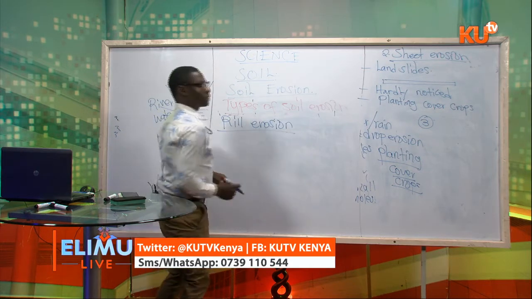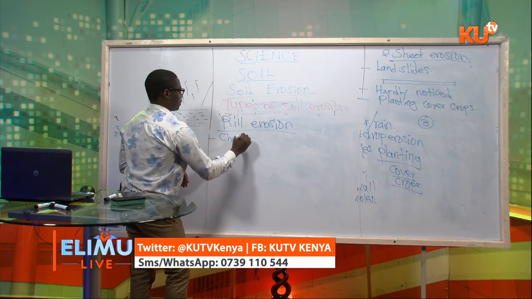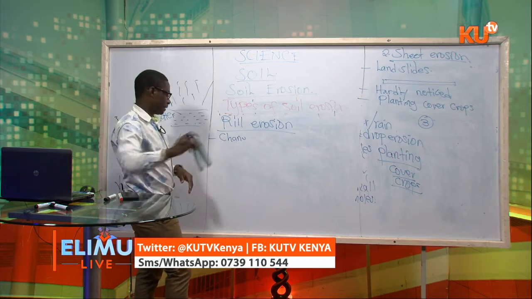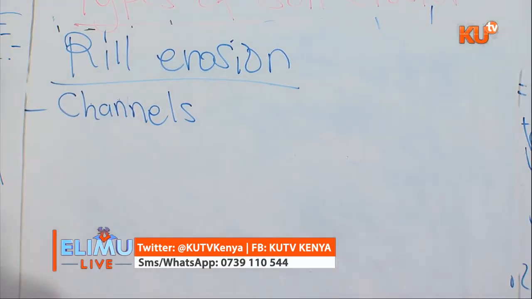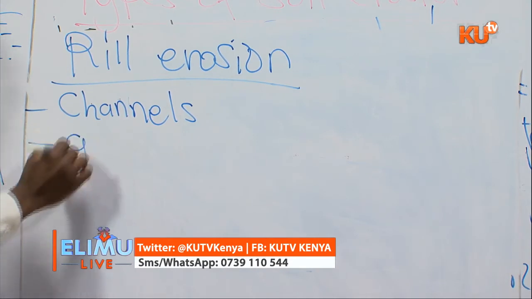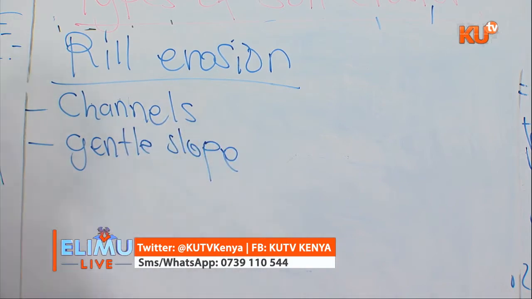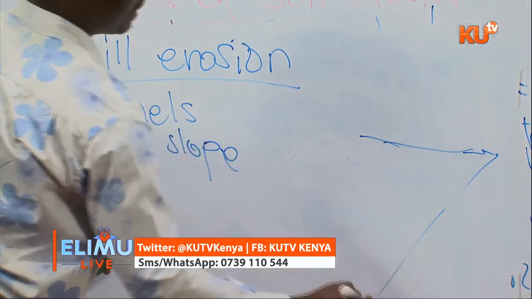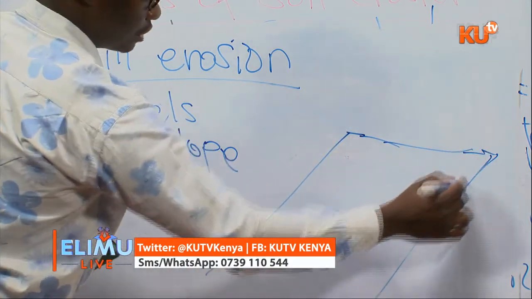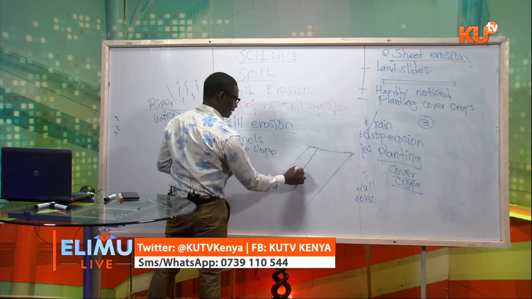It forms what we call channels on the ground surface. And I've said it occurs on a gentle slope. So I want to draw for you an example of real erosion. So it is a gentle slope. If that is your land surface, which is a gentle slope, you find that there are some channels of water